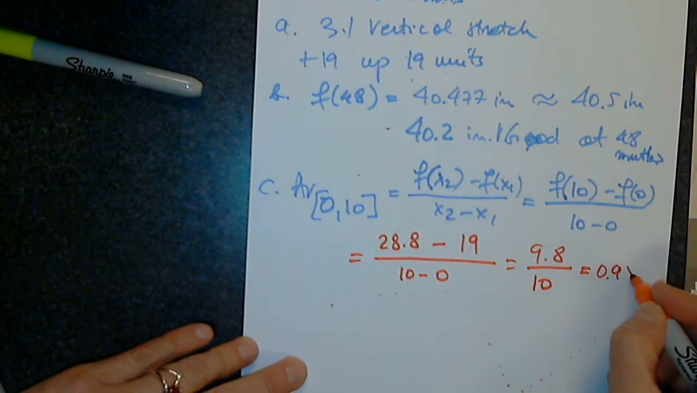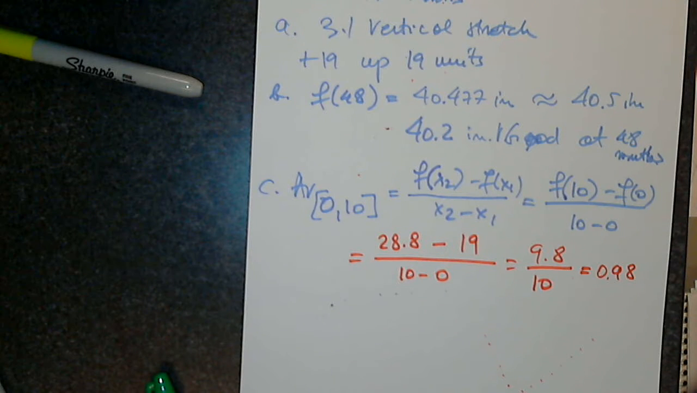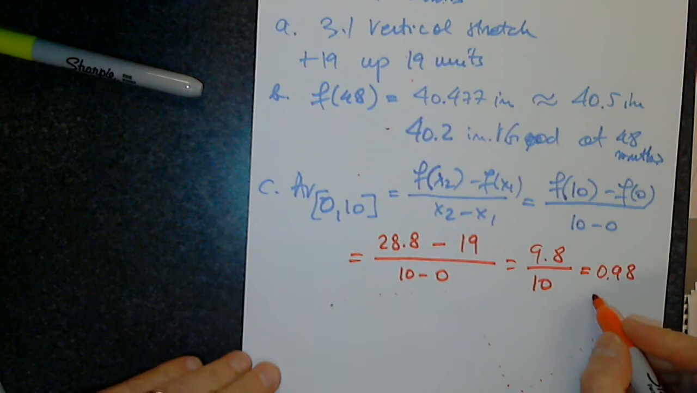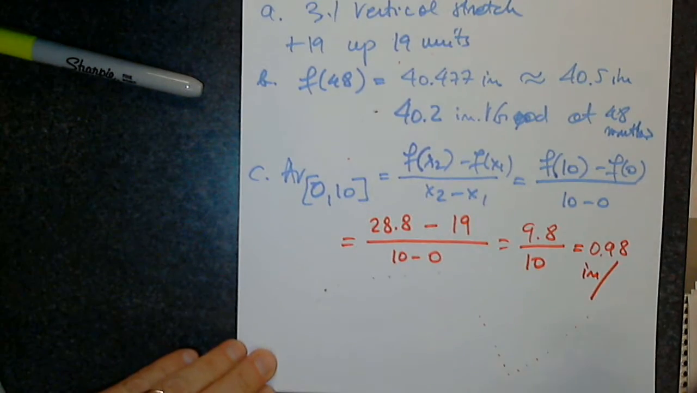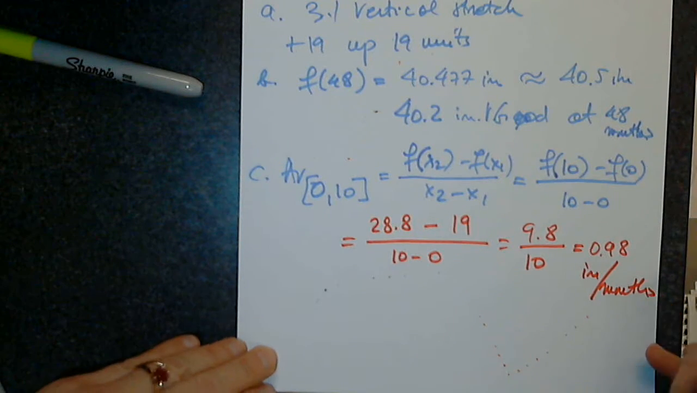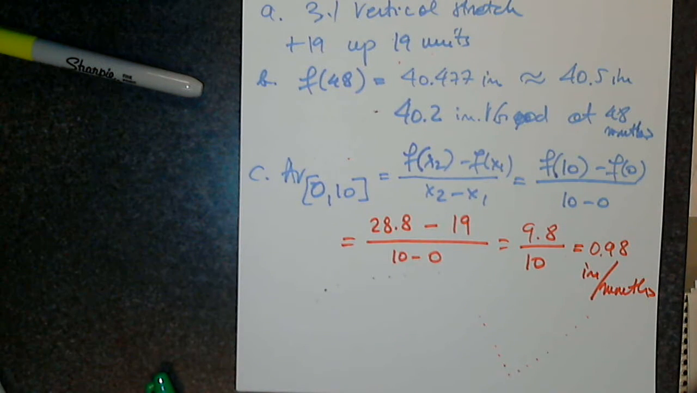So 0.98. Remember what I said about the measurement unit? It's a ratio, the top measurement unit over the bottom measurement unit. What is the measurement unit for the top? Per? That's it. So what does this mean? It appears that according to the model, the girls grow on average almost an inch per month. Good. Last question here. Use the model to find the average rate of change in inches per month between 50